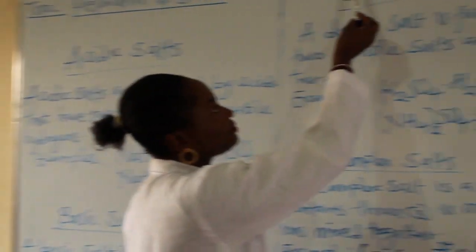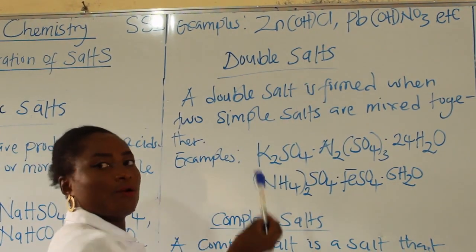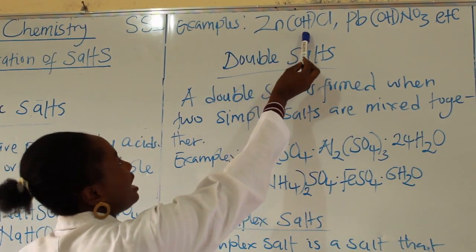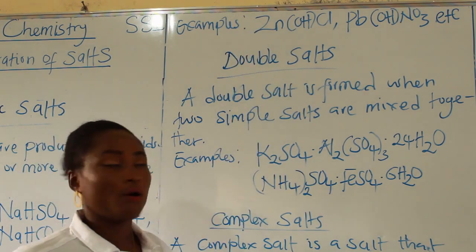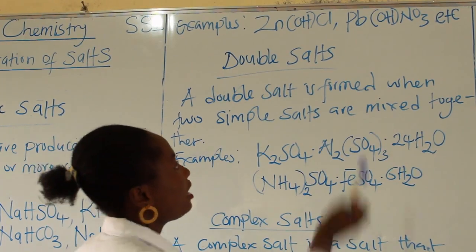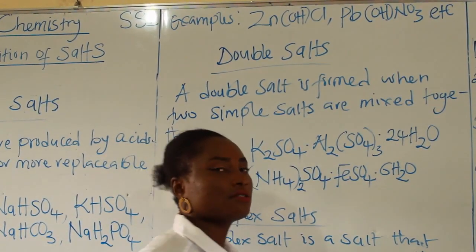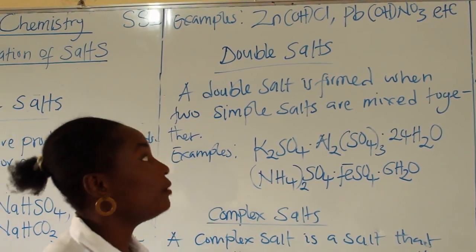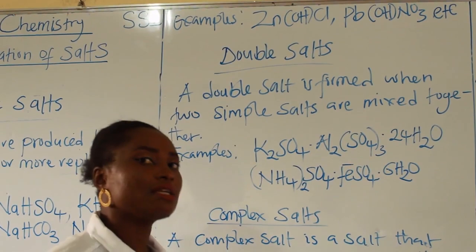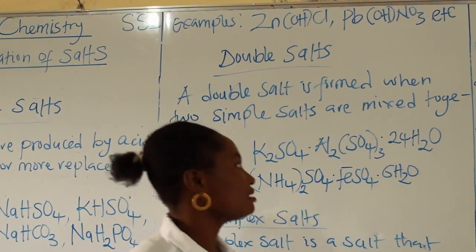Now, look at examples. You have this with hydroxide ion and then chloride. This is gotten from HCl. Now, the H has been replaced by OH. So you have sodium hydroxide chloride. Now, this is another basic salt, lead hydroxide nitrate. It's from nitric acid. Now, this is how you know a basic salt. It contains at least one hydroxide ion in that compound.